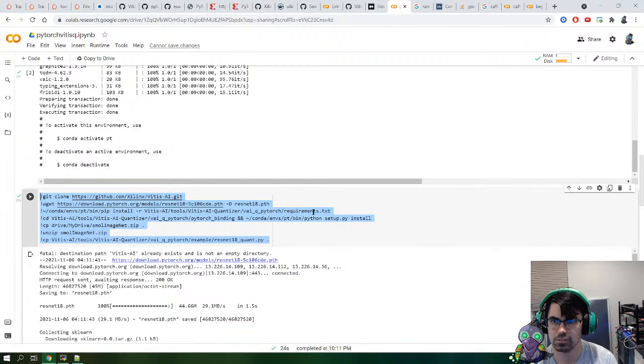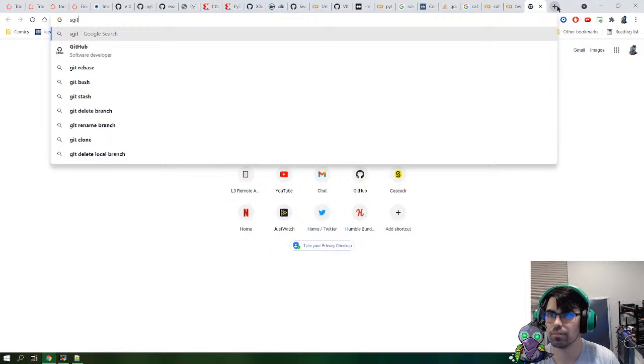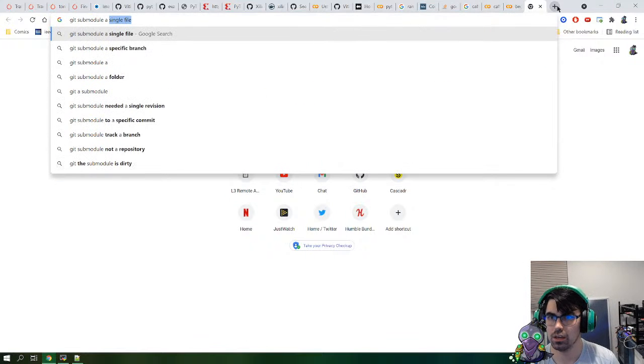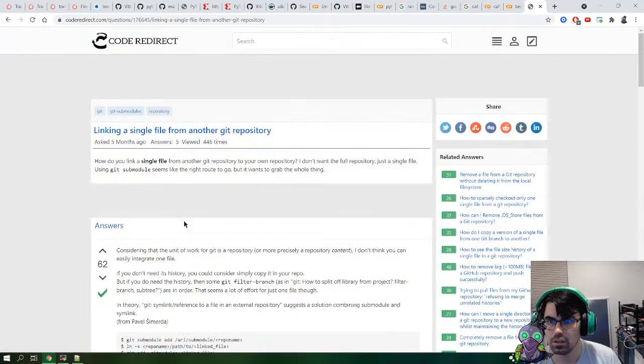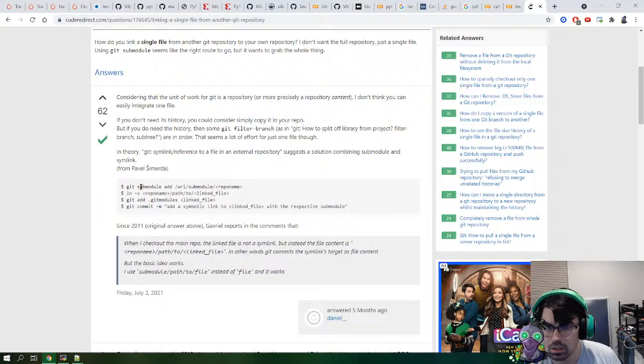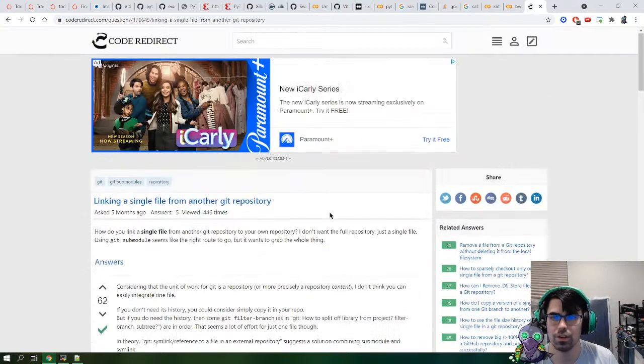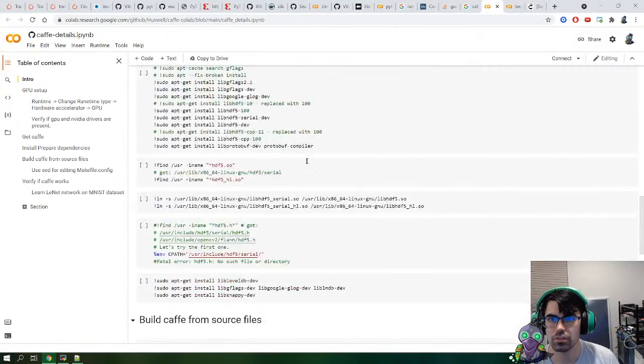Maybe I could try a repository where we can do a submodule of a portion? Git submodule a single file. With the respective submodule, so they added the submodule. That's not the use. So okay,